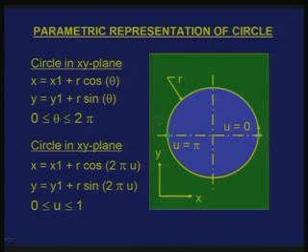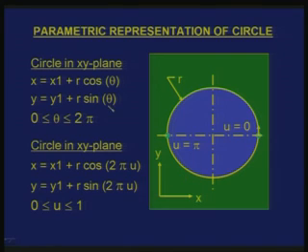Now, whenever I have a representation like this, which is shown here, x and y are the Cartesian system, and the center of the curve is represented here as x1 and y1, and the curve starts from a parameter u, which corresponds to a point u equal to 0, and then it also has a direction. The direction is counterclockwise here, and comes back all the way to the same point when u is equal to 2 pi.